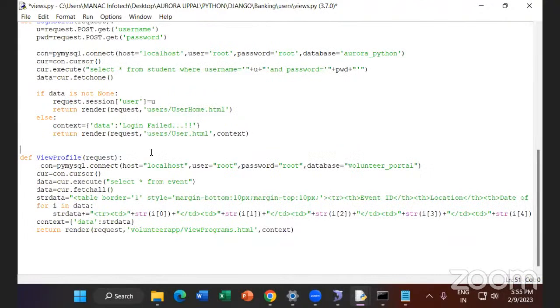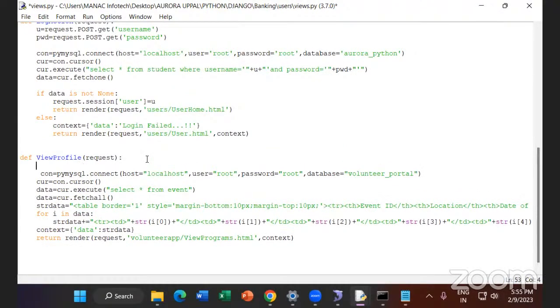View profile. First of all, whose profile you want? Whose profile you want? User. Okay. This user, I'm going to convert is request dot session of what is the session value? User. Okay. Now user is a logged in username, and